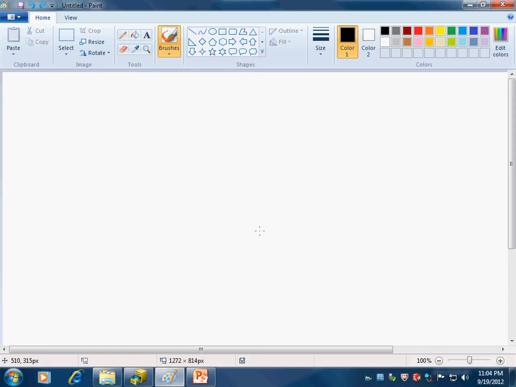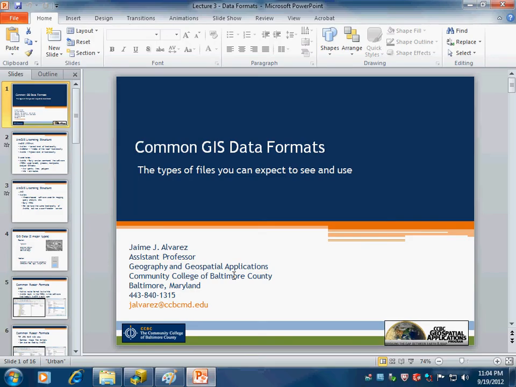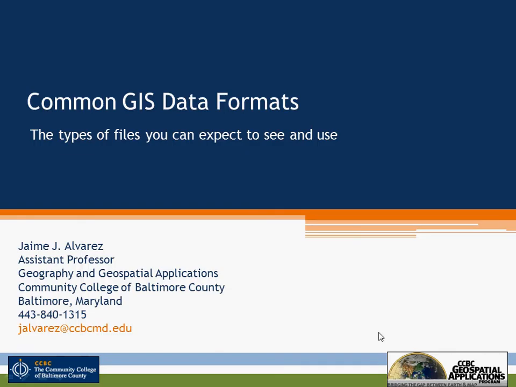I've also got a little whiteboard, if you will, using Paint. I'm going to draw a few things there towards the end of the third lecture when I talk about geodatabases. But for now, what I'm going to do is get started talking about some licensing